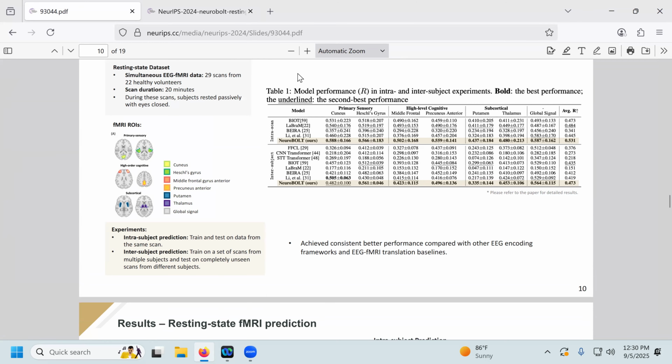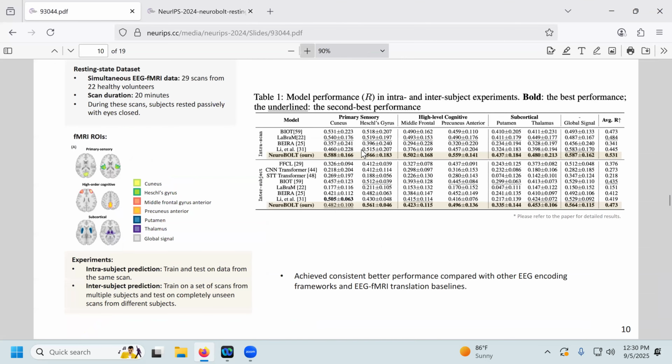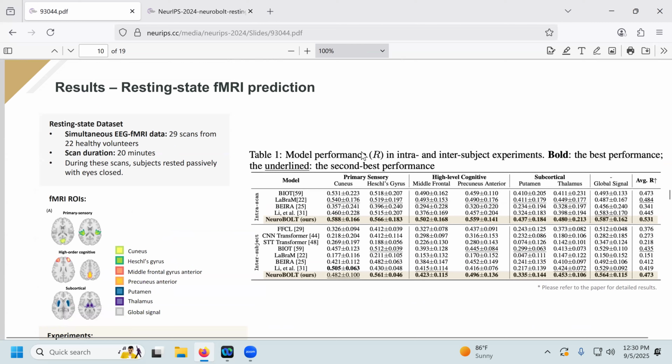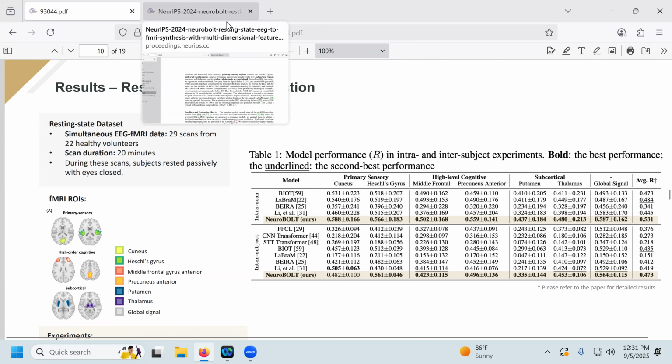EEG comes from the topography of the entire head surface. fMRI comes from the entire head volume, and there will be different time series depending on the region. So what are they generating? Well, they're generating ROI time series. Which ROI? It's based on an atlas, a specific atlas. I forget the name, but they chose one. So they're generating all of them? Yeah, they're trying to predict each, and I believe they're doing them all at once. That was my understanding. Let me look.